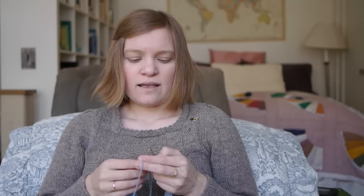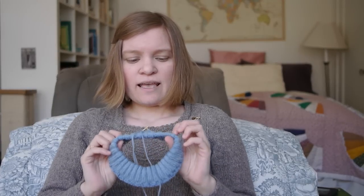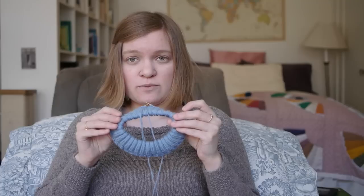And since I want it to be dense to keep the warmth in, especially since there's some lace detailing on the body, and I'm a loose knitter, I decided to knit the brim on 000s and then the body on 0s. So first I cast on 140 stitches, and maybe 3 rows in, I went to put that around my head, and it seemed gigantic. So I ripped it back out and I did 120 stitches, and I did 30 rounds of 2x2 ribbing,